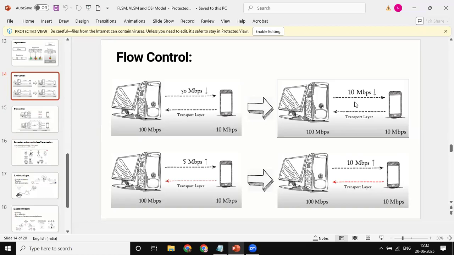So this flow control, segmentation, error control, connectionless, connection oriented, all your port numbers, end-to-end communication, all work on your transport layer. Okay, so